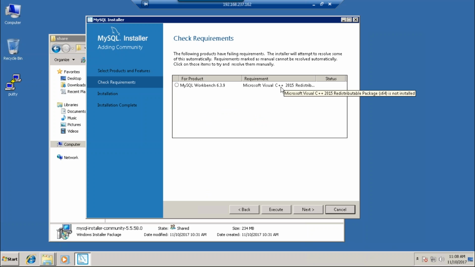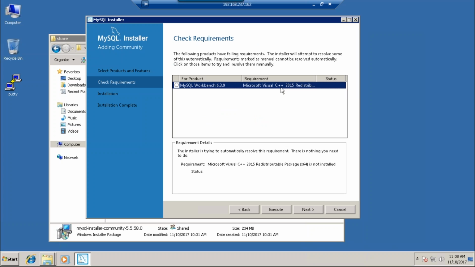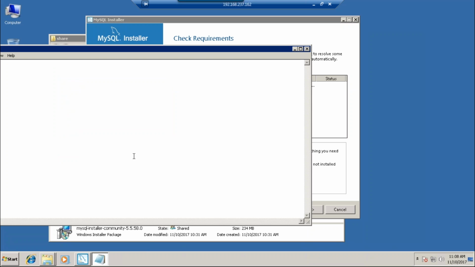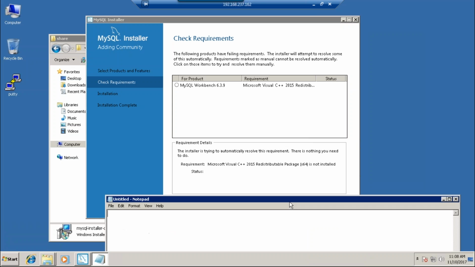This one also is a requirement of the tool. This is also not installed. This package you need to install, and only then you will get the installation. And Microsoft